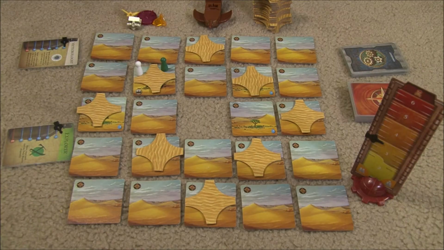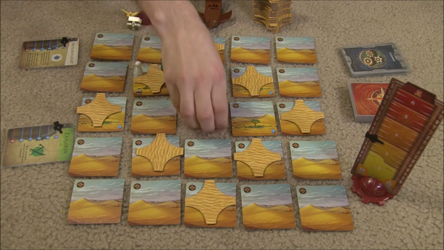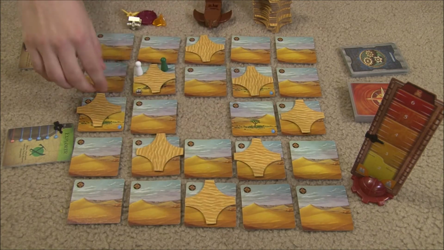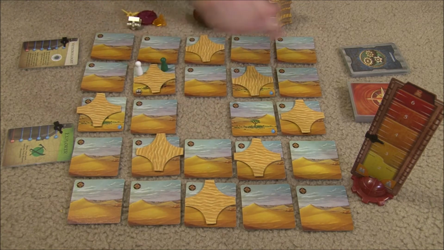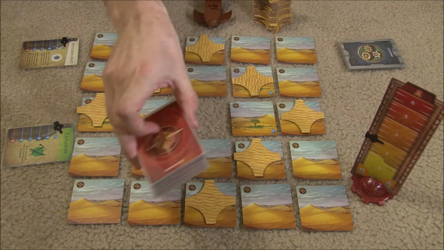This is Forbidden Desert, set up for a two-player game. To set it up, you lay out the tiles randomly in a 5x5 with the middle space open. That's where the storm is going to start. And then around it in a diamond shape, you place 8 of these sand markers, again, centralized on this storm. You shuffle up the equipment cards and you make a deck out of those, as well as the sand cards,